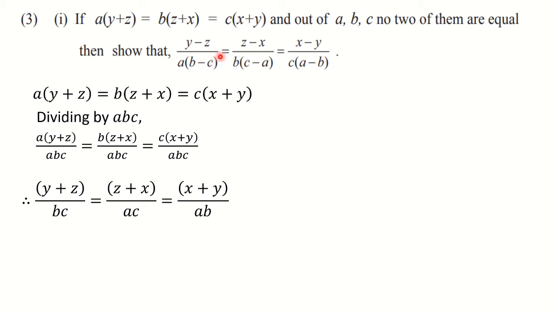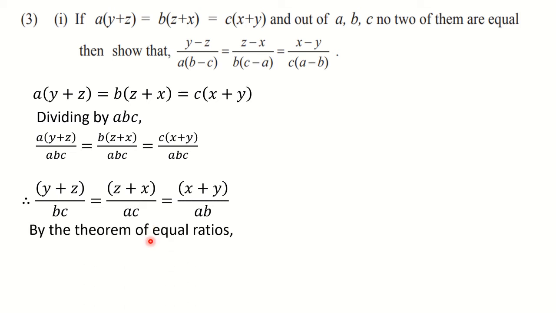Now again observe, we need to show all these three ratios equal. That means we have to apply the theorem on equal ratios 3 times. And what operation we are supposed to do, you have to observe in the denominator. See this denominator a times (b minus c), if you expand it, you are going to get ab minus ac. So the very first operation in the denominator is ab minus ac. So we have to consider these two ratios. Think and act here. ab minus ac is our first one.